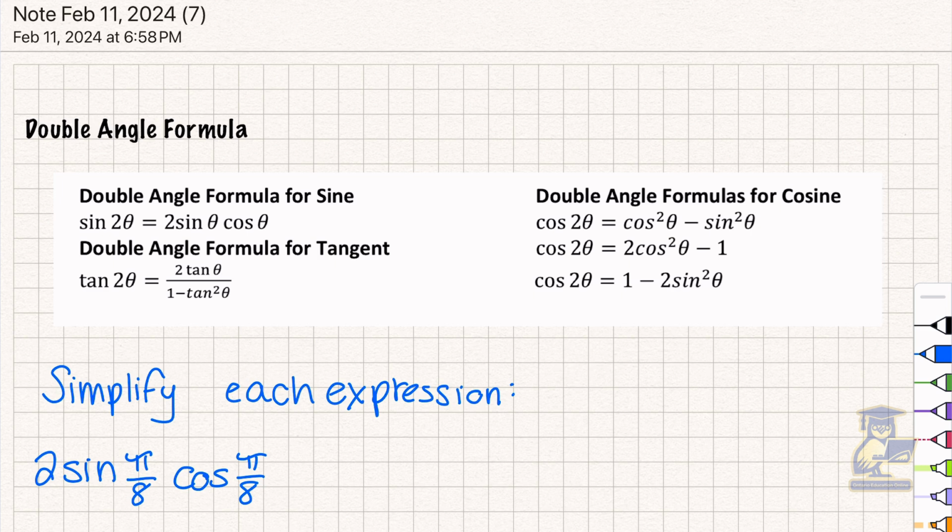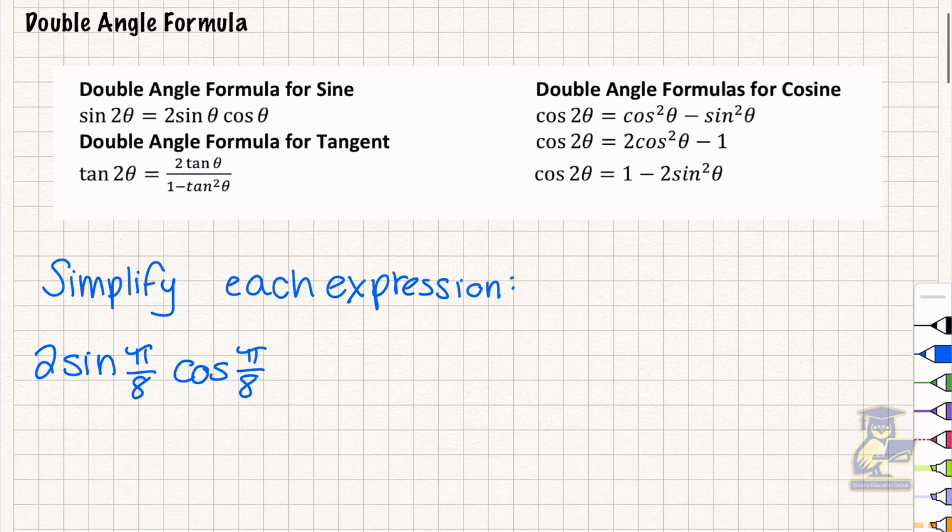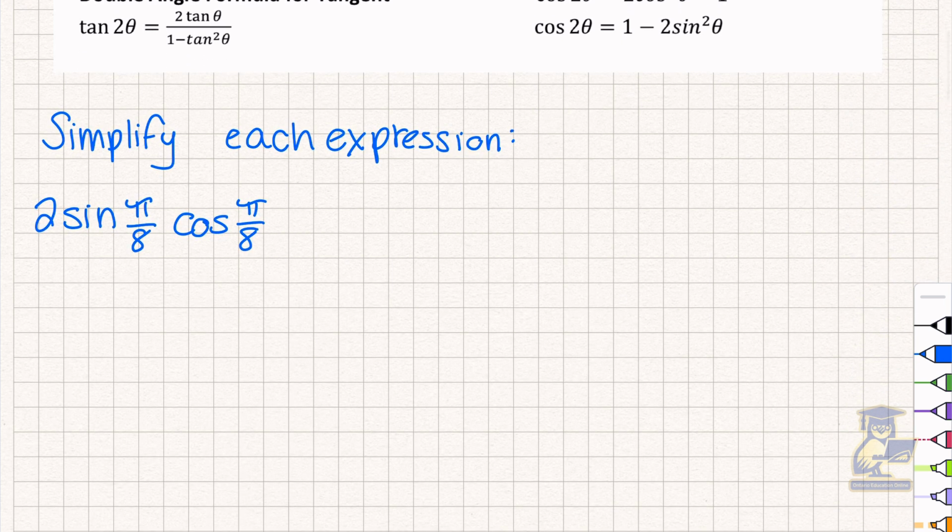These involve the trig functions of double angles, and they're derived from the addition formulas. There's a link if you want to get the proofs, although you do not need to memorize the proofs for this course. So the first question we're going to look at, we're going to simplify the expression 2 sine pi